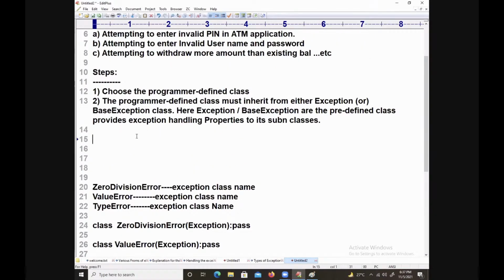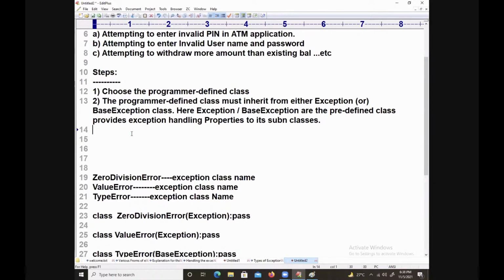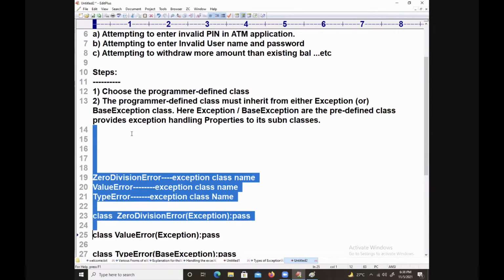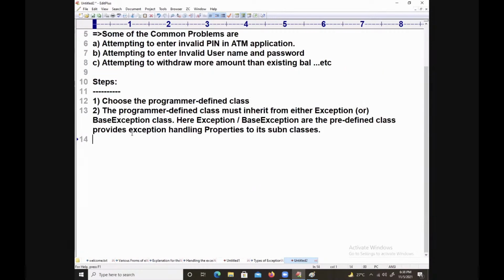So next is what? This class is not only used by one person, it is used by many people. So save it in some file name, or otherwise not necessary, leave it. What is an example I am giving?